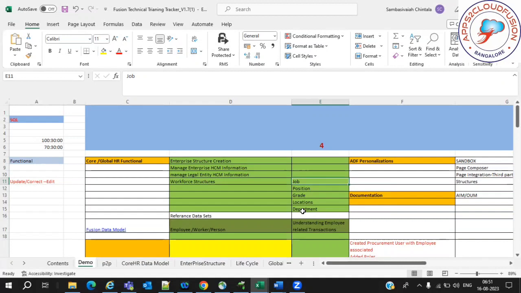Like a kitchen, assume that in a building there will be a common kitchen. The entire building's people can access that kitchen. Quite common. Assume that in a PG there will be a common kitchen, common dining, so all room candidates can use these kitchen facilities. In the same manner, Global HR concepts will be related or linked with all other modules. So that's why Core HR, it's Global HR, global for all the modules. And